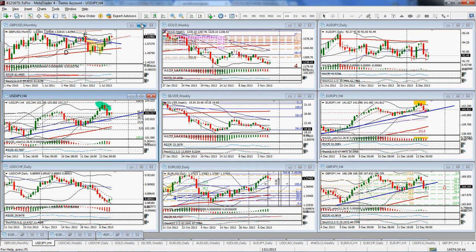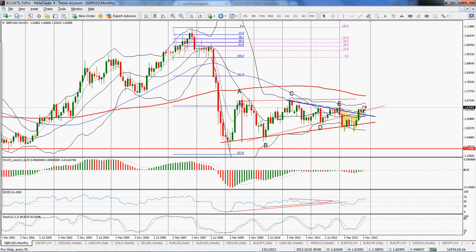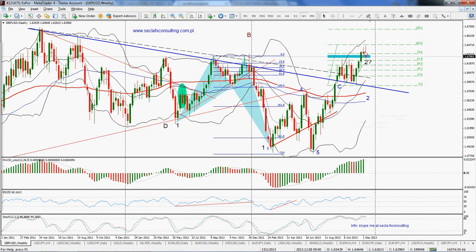Good. Great Britain Pound USD monthly. We are reacting to this candle. We may make a retesting of this support line. I was talking about it last week. We've got a weaker weekly candle. Okay, it looks like a shooting star. This is a second wave, a second candle. There might be a third and a fourth, just to clear this situation, because this is strong. So this is most probably only